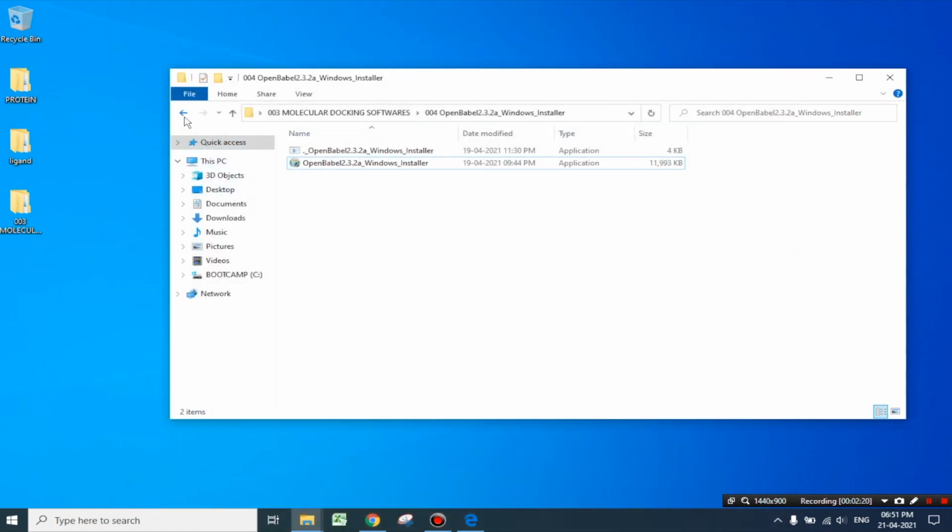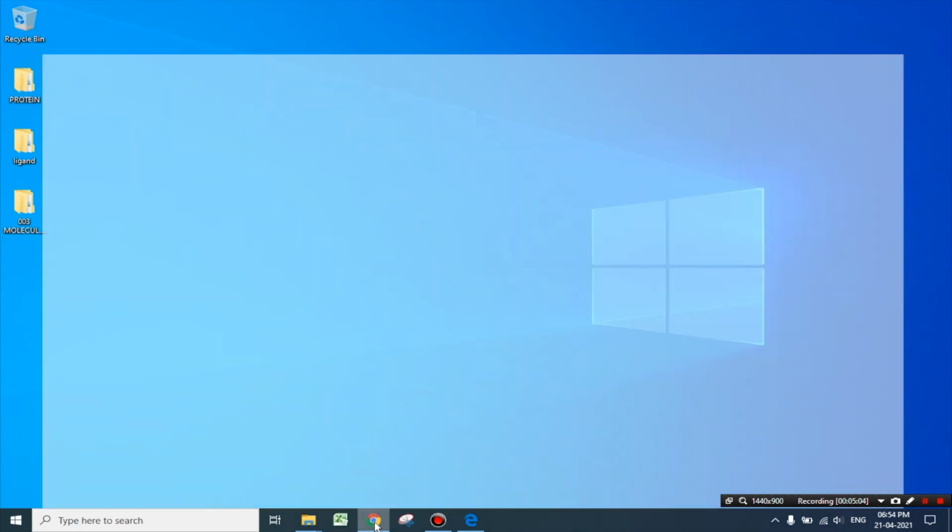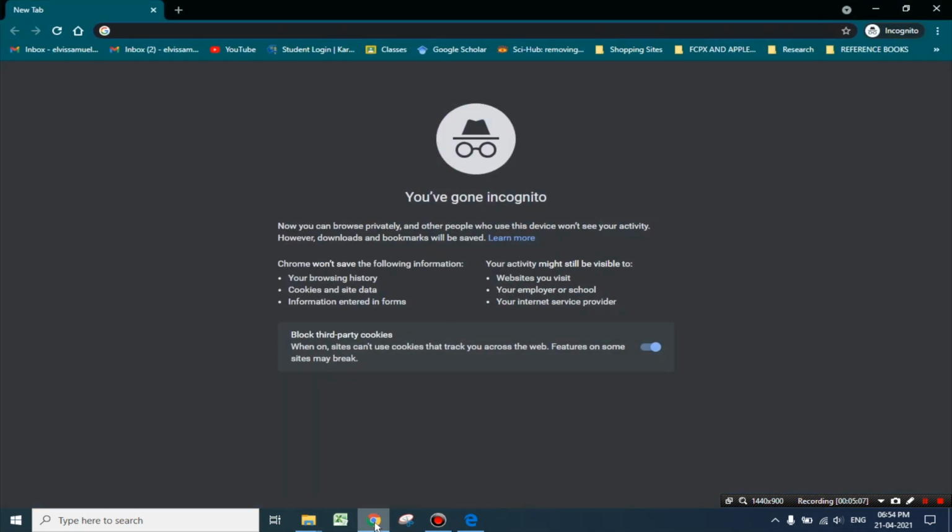Now, let us open Google Chrome. So next, we will be downloading the 3D protein structure from the Protein Data Bank. Before downloading a protein, we must refer to various research articles and select the appropriate protein based on the field of study and interest. Protein structures can be downloaded from the PDB database. The PDB database is a protein data bank where you can download the 2D and 3D structure as well as various information and sequence related to various proteins.